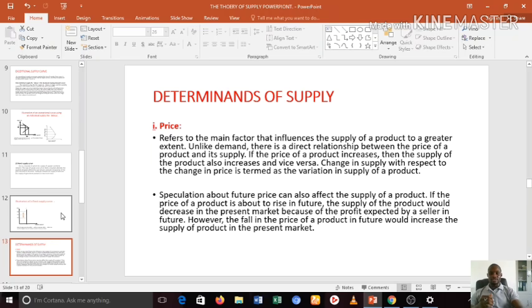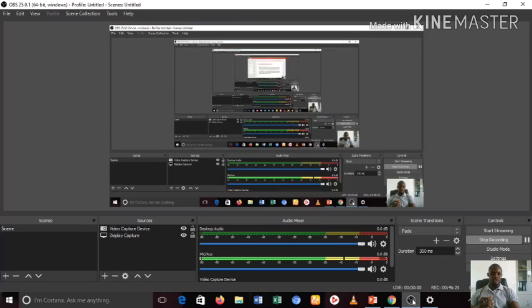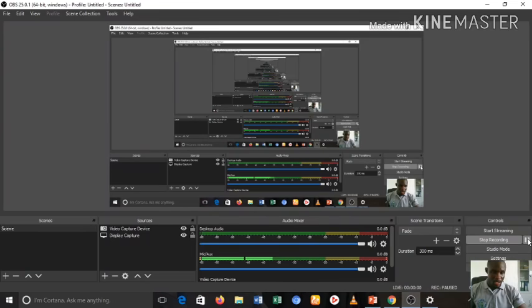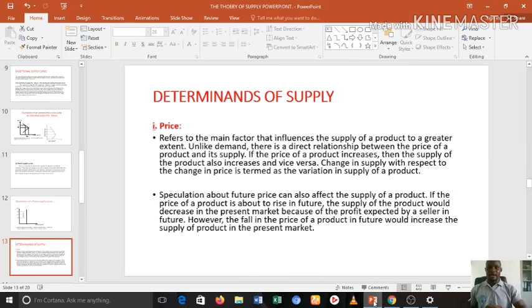So these factors are simply as follows. We're going to look at these factors. So we are looking at the determinants of supply. Remember, when we were looking at the determinants of demand, we were looking at those factors that will influence the demand for goods and services. We looked at factors like taste and fashion, seasonal variation, population change, population structure, changes in the price of other goods, and so many other factors, right? We saw about 8 factors.